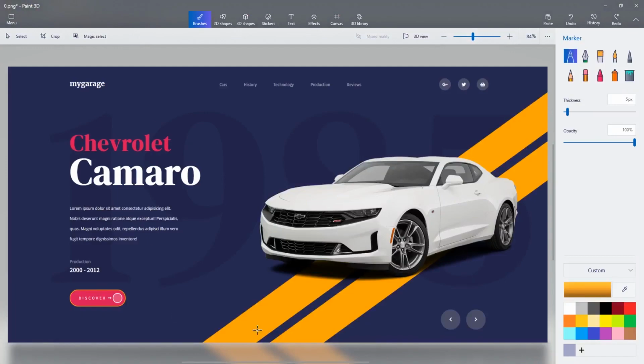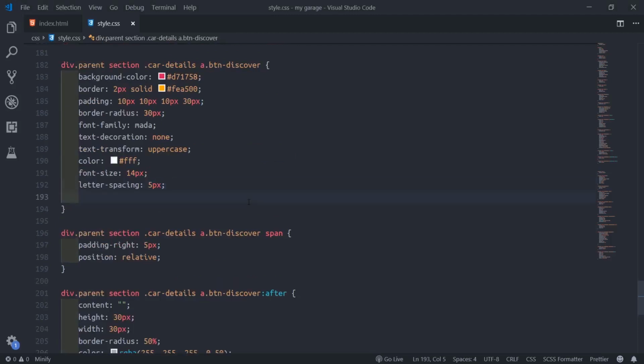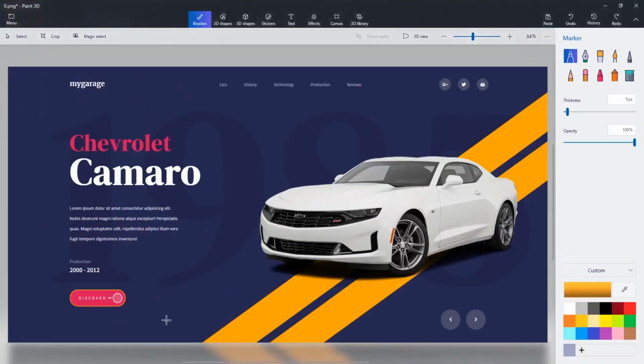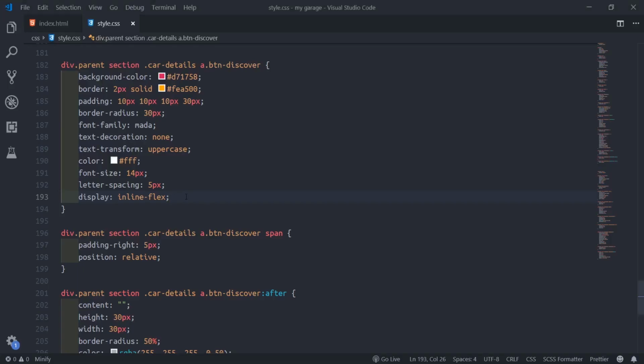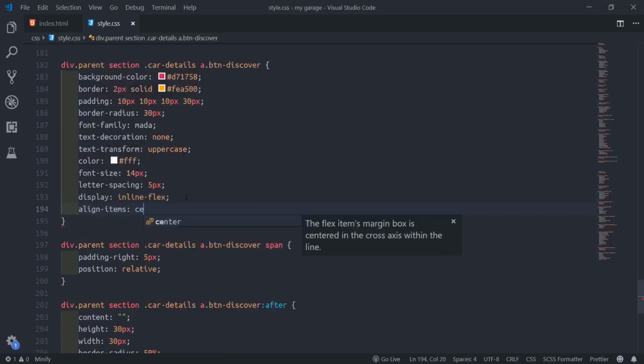We'll make the display of this button flex. So come here, I'll say button discover, display inline-flex, because I want all of them aligned at the same time. So they're centralized horizontally now. So I'll come here, display inline-flex, then align-items center.